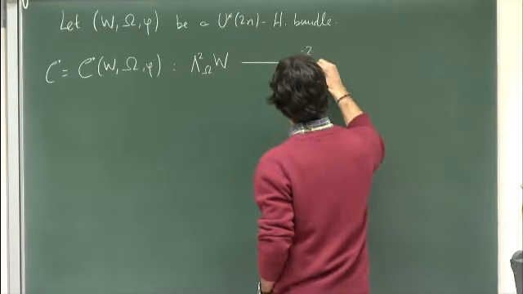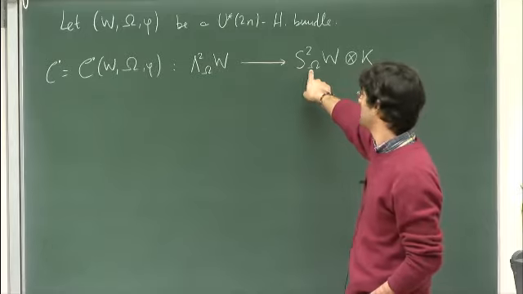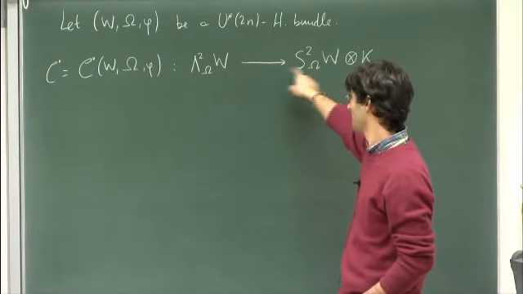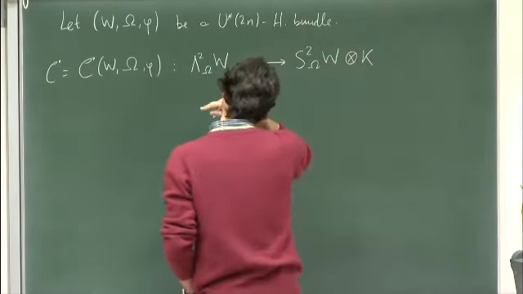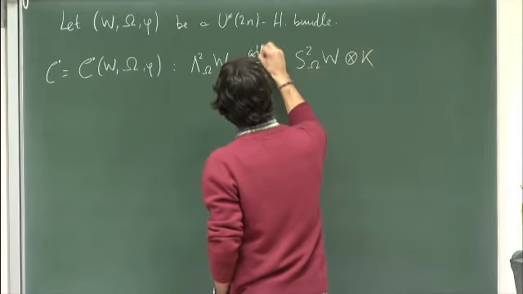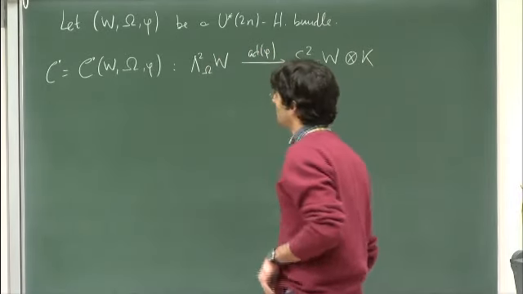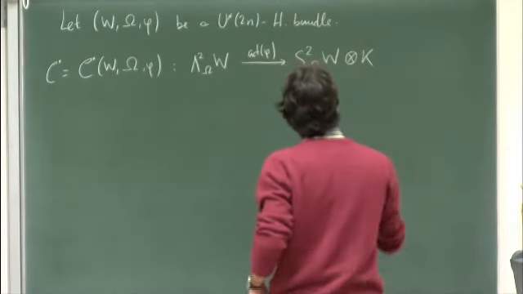I recall that these were the endomorphisms of W symmetric with respect to the symplectic form, and these ones are the skew symmetric with respect to omega. We have this complex of sheaves,